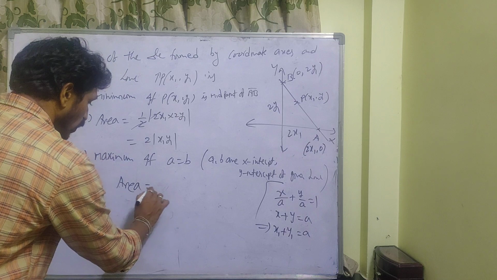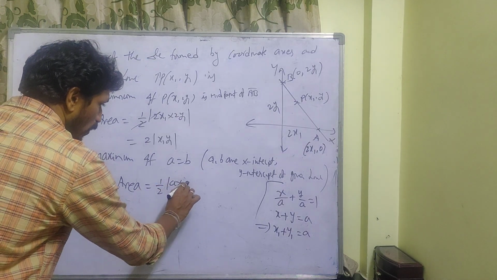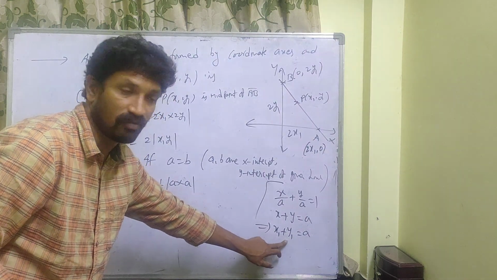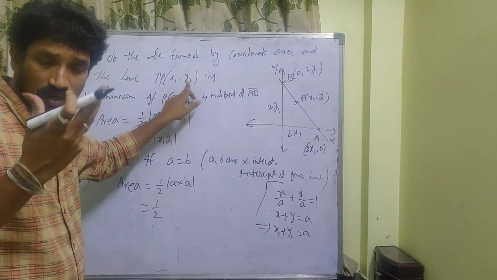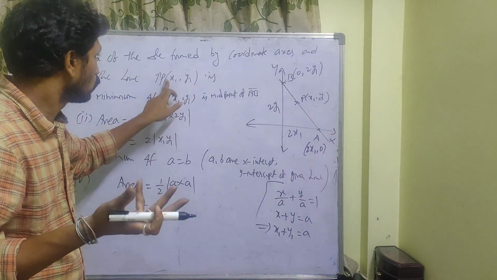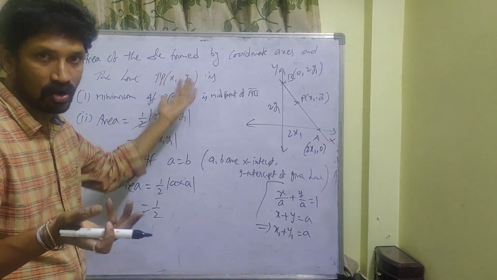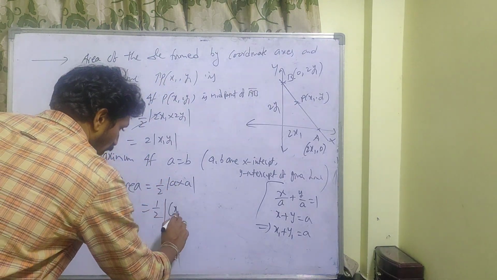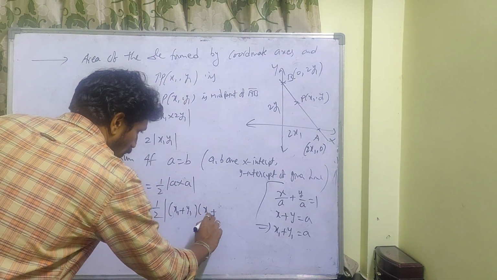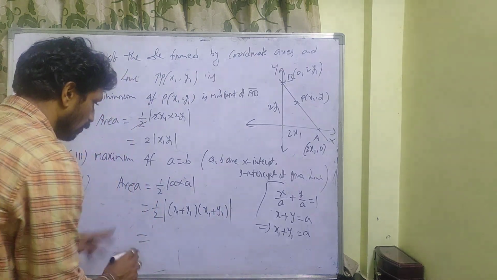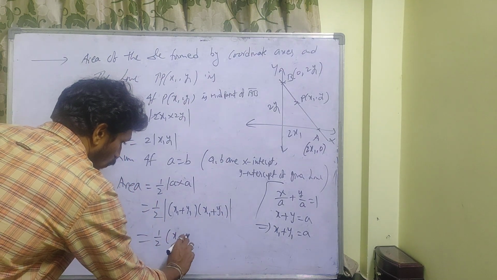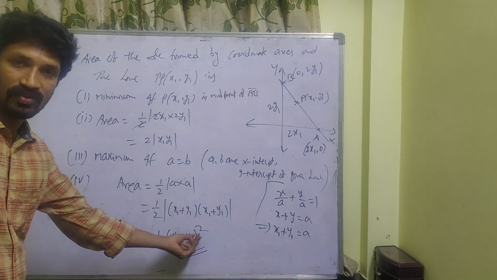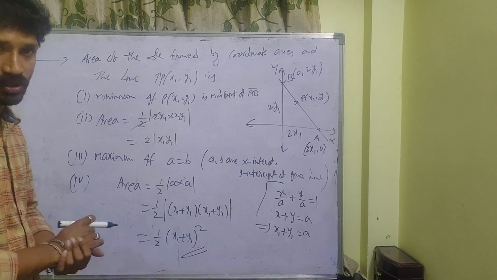So what is the area actually? Area is equal to half into a into a, where a is x1 plus y1, because x1, y1 are known coordinates. You know the values, maybe 2, 3 or 4, 5 or minus 2, 3, whatever they give. So area is half into modulus of x1 plus y1 into x1 plus y1, which is half into (x1 plus y1) whole square. For the square of a number, there is no need to write the modulus, because it is always non-negative.